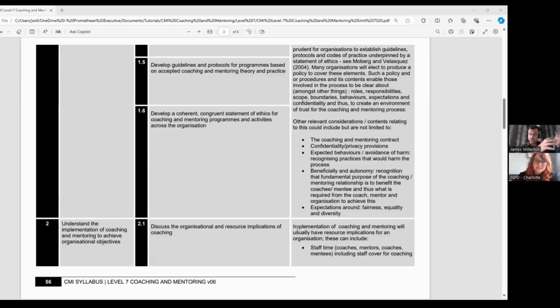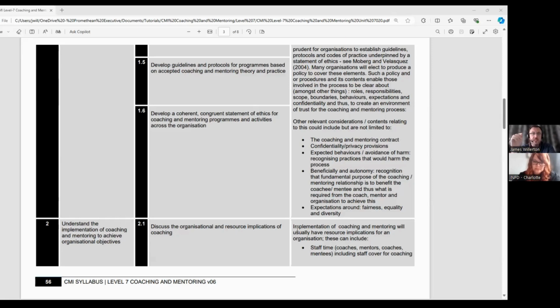So recommendation is to start with some templates and some existing structures, but it's not enough just to put those in and that's your answer. The key thing here is to develop. So that implies a starting point and then to develop something that's new that you curated towards your particular organization in this case. And so I think that's the main reason why we get referral points in these two questions, because the students haven't developed these guidelines, protocols, and the statement of ethics. So just try to make sure you've managed to do that.